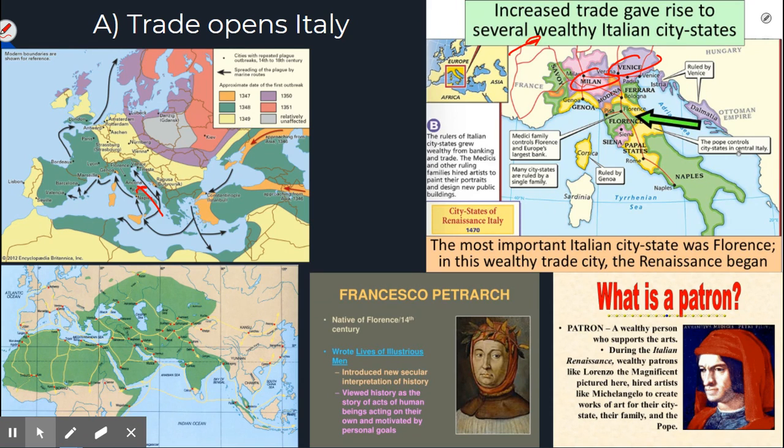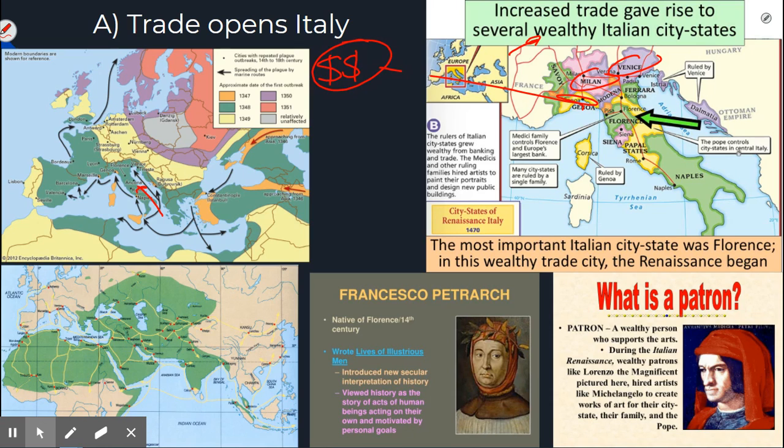So this sounds terrible, but some people benefited from the Black Death because, of course, they were able to inherit money from their dead relatives. And after surviving this horrible event, they wanted to go out and experience new things, which led them to search for types of knowledge and ways to live that they might not have looked at before. So all of this extra money coming in, both from inheritance and from trade, led Italy to become a source of new learning and new knowledge.